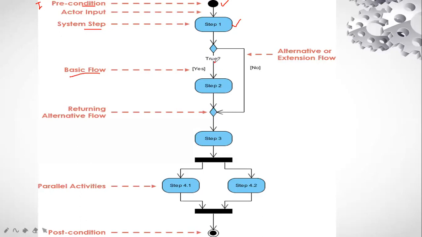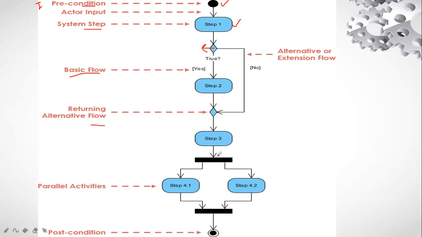These are also called control flow. Now when we see these diamond ones, what are these? These are the decision nodes, where we see two conditions and only one condition is followed. And this is called the return alternative flow. What is return alternative flow? You can see here that it is coming from here, no, and jumping to the next section.